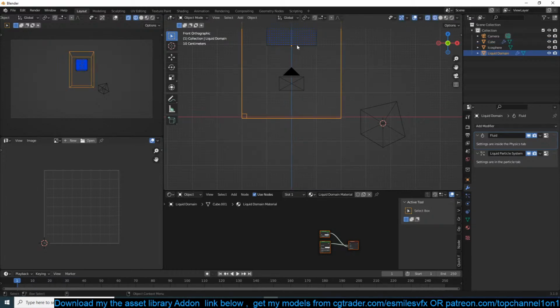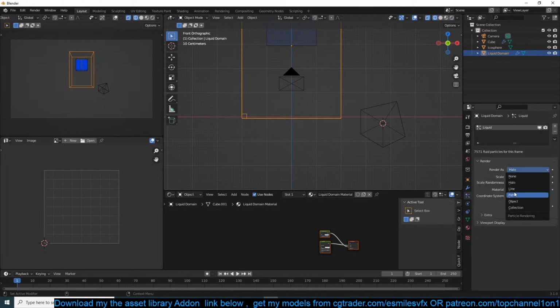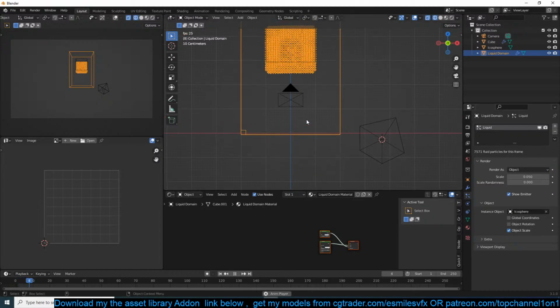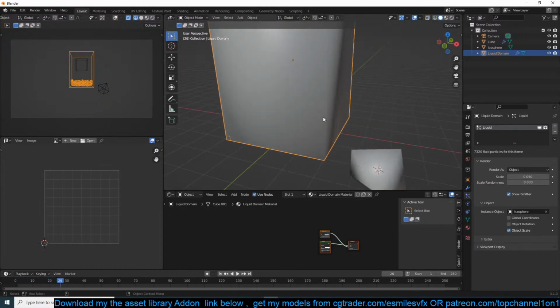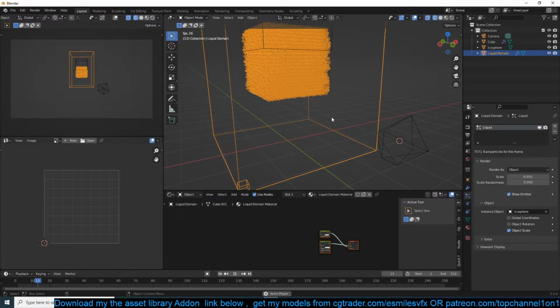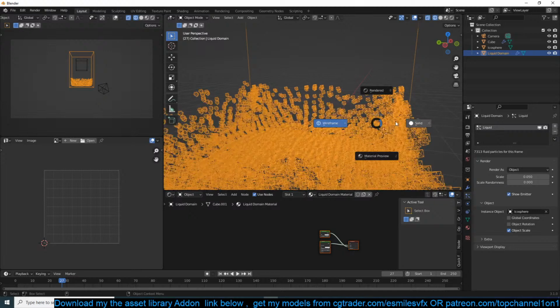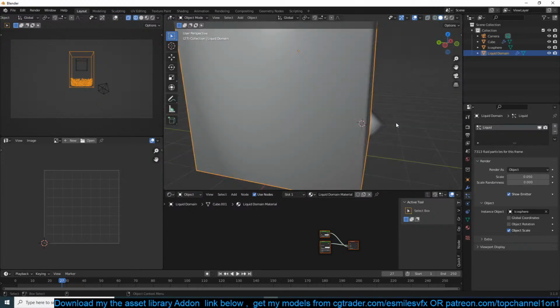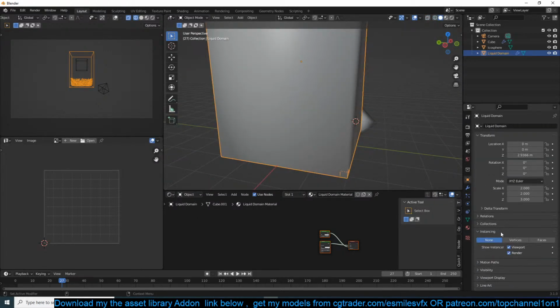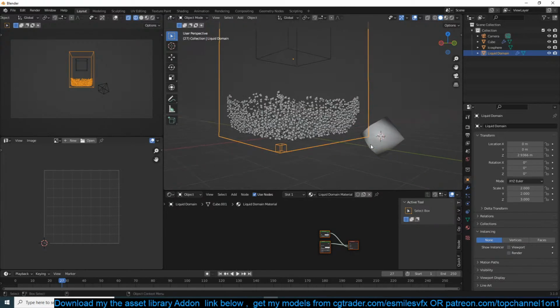Then in the domain there is a liquid particle system here that you can change the render type to object and select the instance, and let's go to the instance here and first hide that.